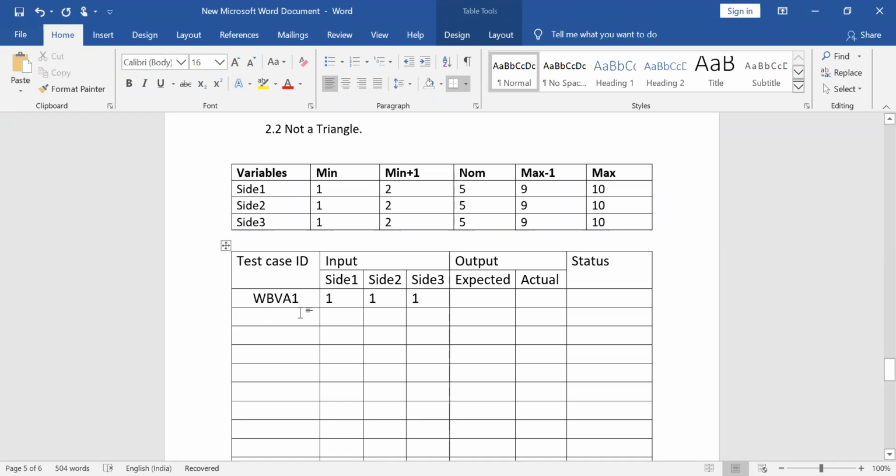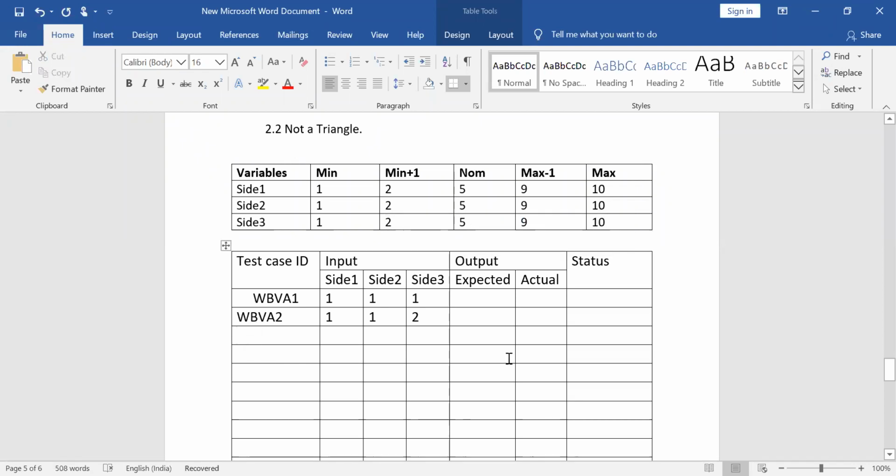WBVA 2, if I take it, what will the value be? The first and second sides remain one and the same, but the third side value will be increased to one value next to the minimum.